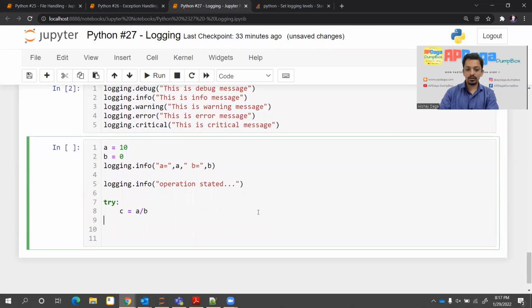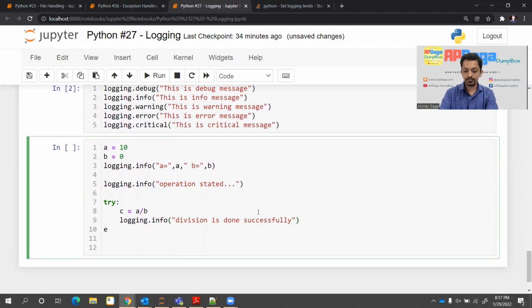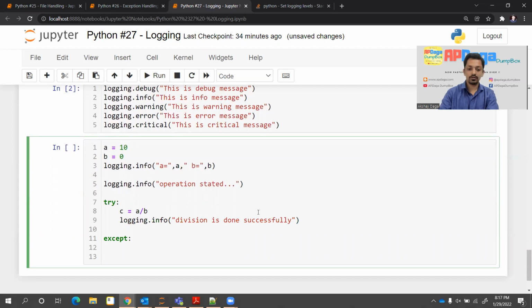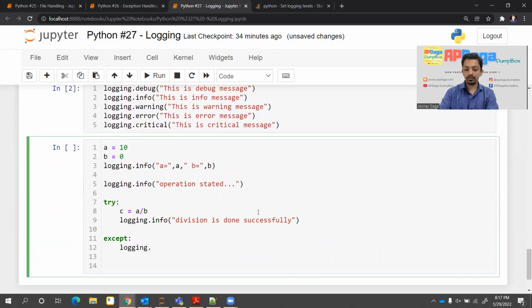Okay, then I'll say if this happens, then I'll say logging.info, division is done successfully, right? If there is an error, then what I'll say is except, I'll say logging.error, logging, I'll say exception as e. I'll say logging.error, and I'll say error occurred while